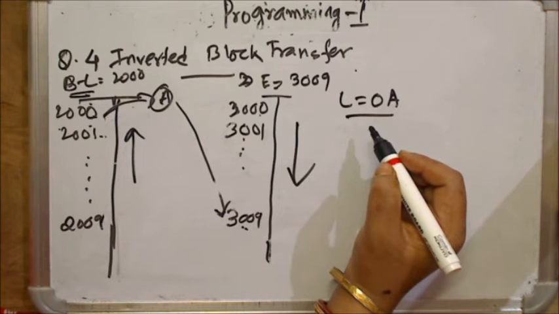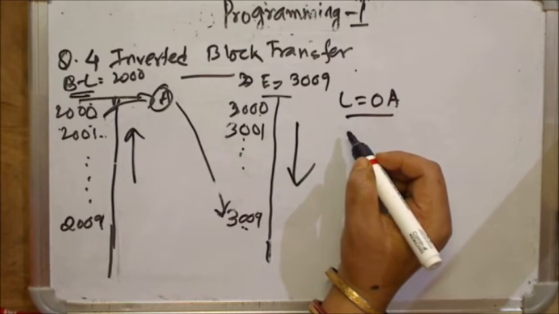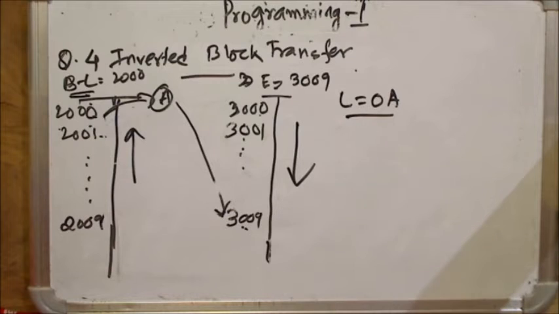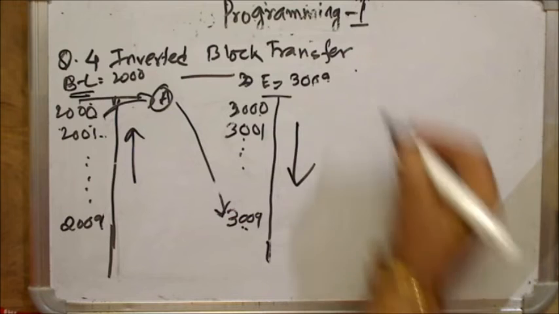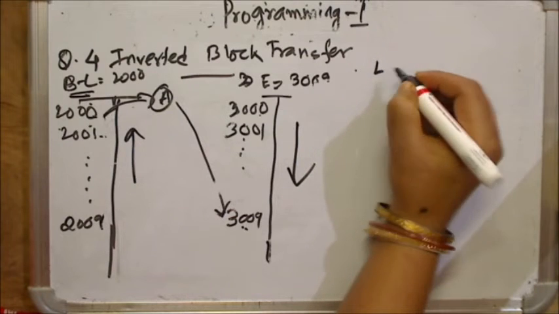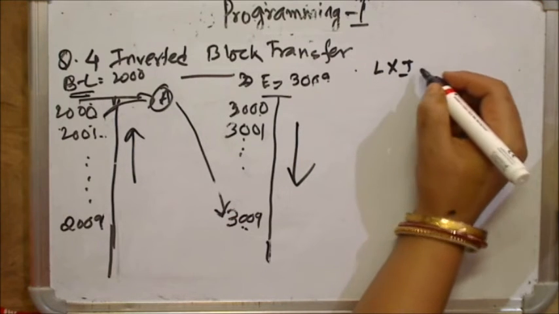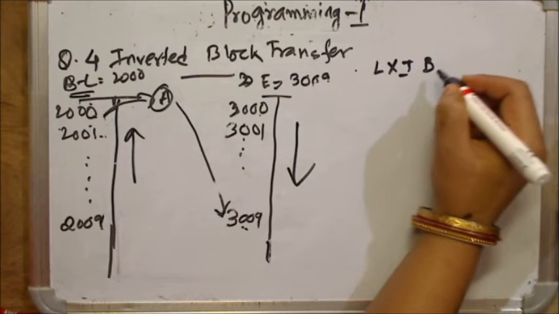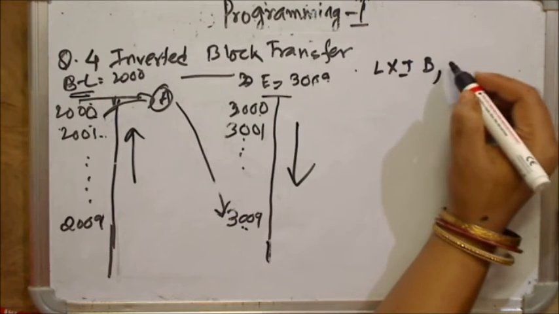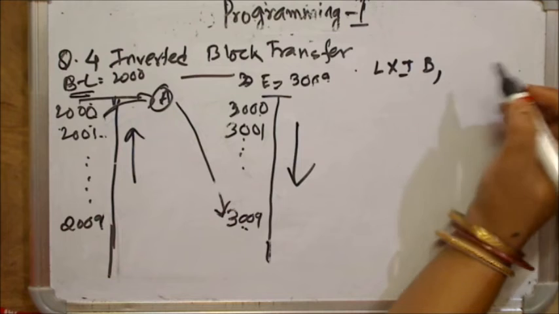Then what will be the next instructions? Let us see the instructions the same way, only a small change. First, let us initialize. You can tell on your own. Please tell the instructions on your own, stay at home, no one is watching you. I am writing here, you write in your copy.